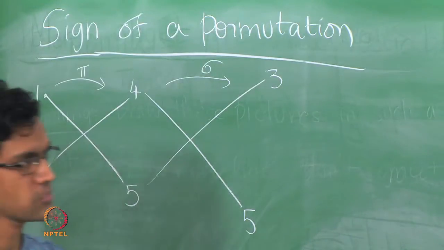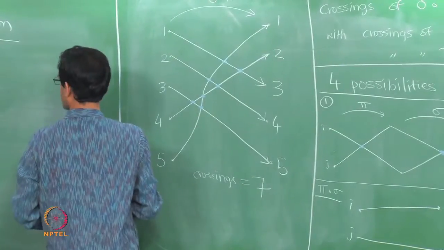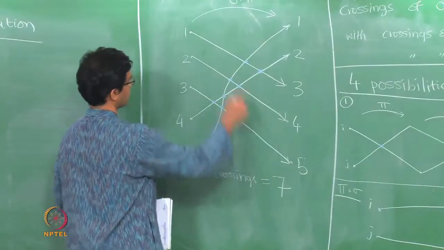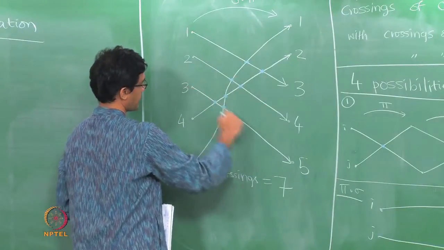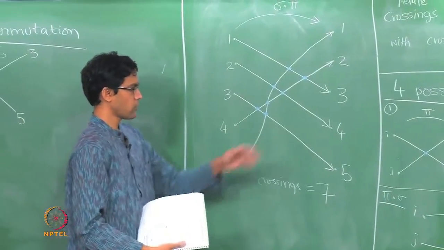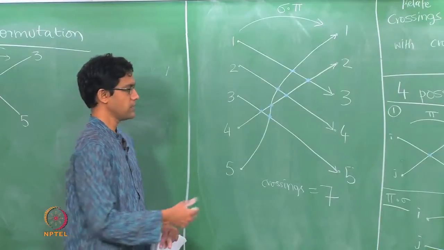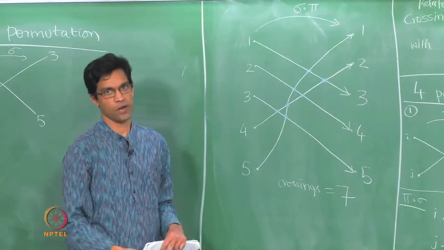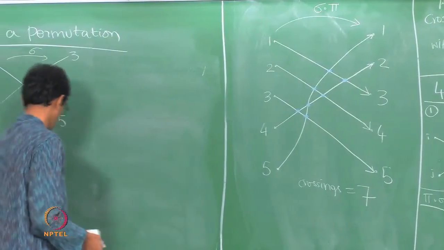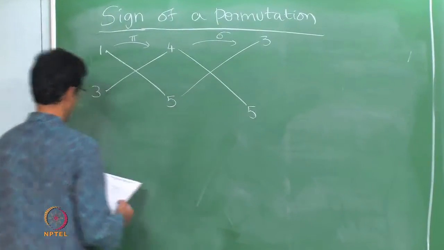So let us look at that as well. So I have 1 mapping to 3 and 3 mapping to 5. So these two lines, 1 going to 3 and 3 going to 5, will of course not cross each other. So the key moral of this story is that if I have two successive crossings, then in the end product there are no crossings anymore. So this is somehow the important case. All the others are quite straightforward.